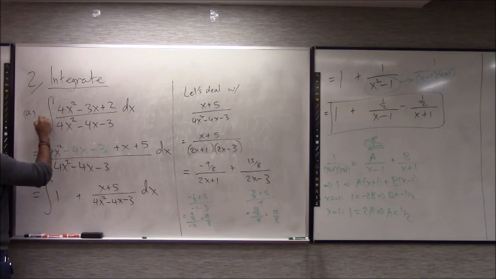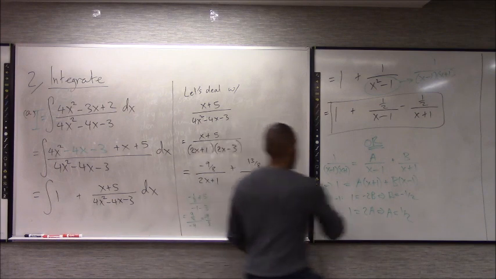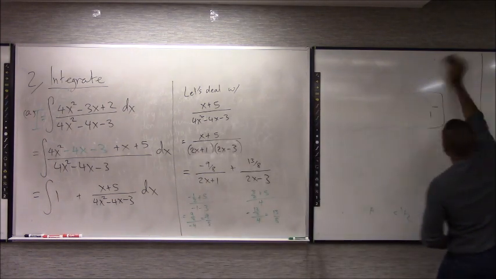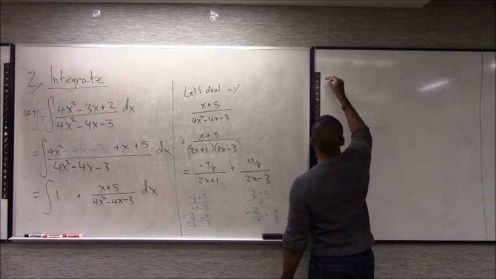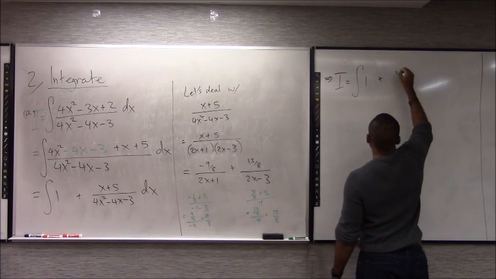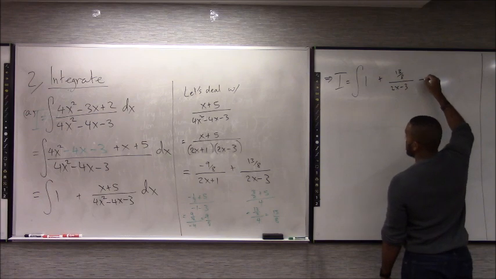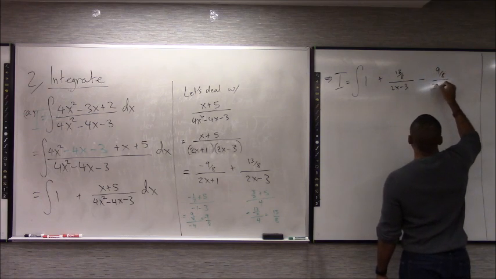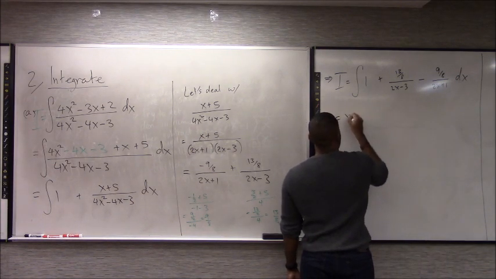So now if I call this I, I can start to clean things up a bit and come back and compute it. This implies your I is going to be equal to the integral of 1 plus 13 over 8 over 2x minus 3 minus 9 over 8 over 2x plus 1 dx. Integral of this, x. Integral of that,